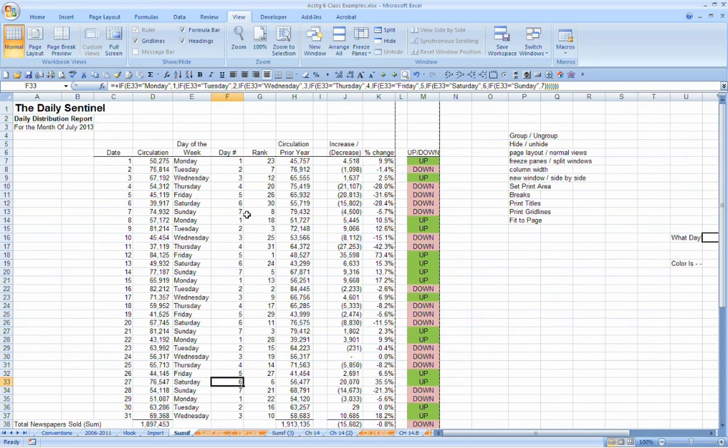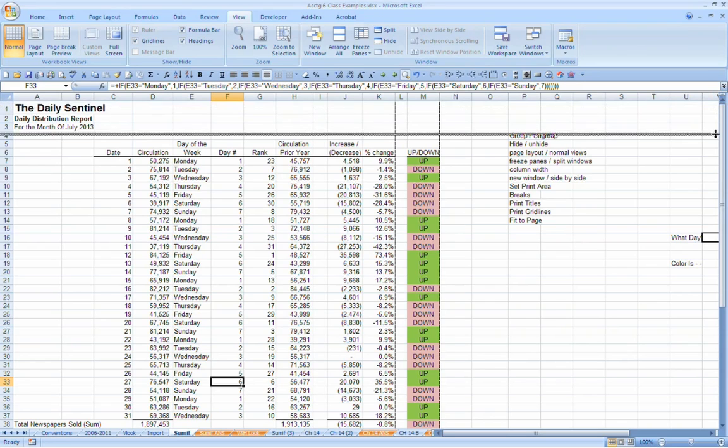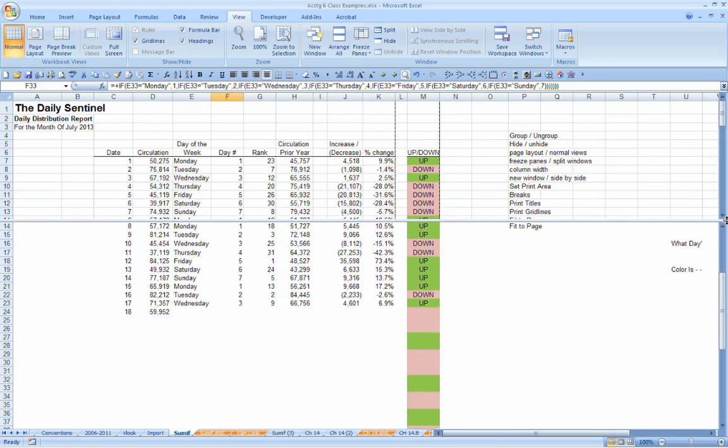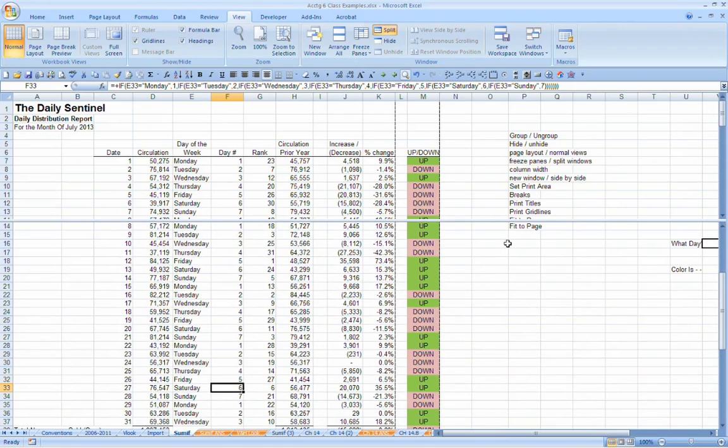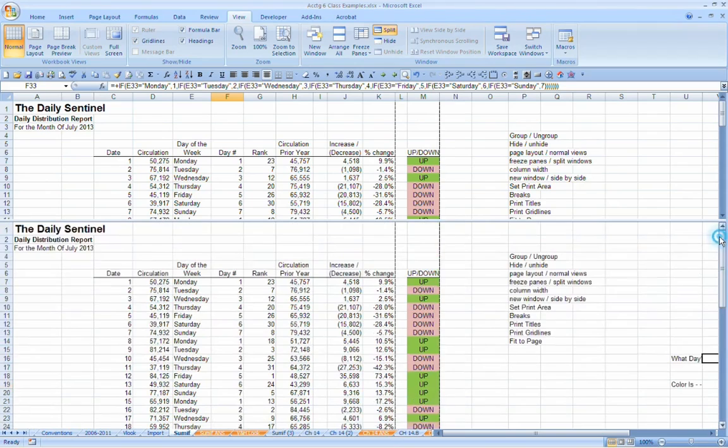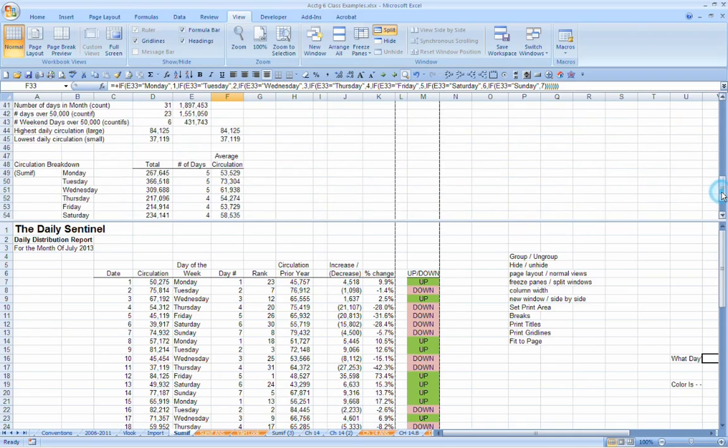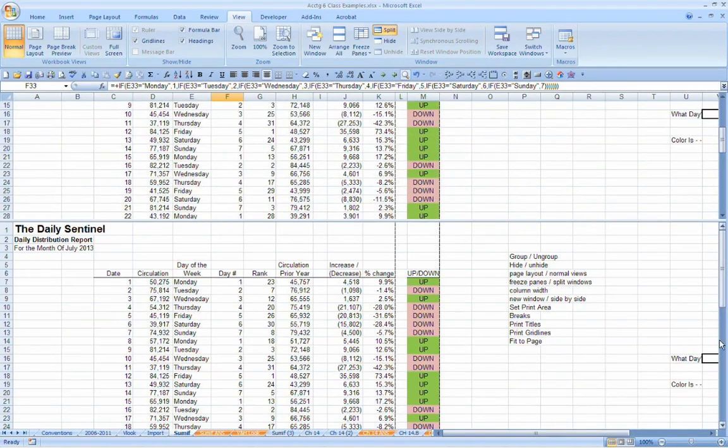The other thing we can do, much like freeze panes, is we can do a split screen. Just below where you change your formula bar up here in the corner, see there's the arrow bar up here. Right above that and below the split screen, I can grab this, it turns to a double arrow, and I can grab this line and drag it down. So now I've split my screen. The difference between this and freeze panes is there's a scroll bar in each one, so I can scroll down independently in this one versus this one,